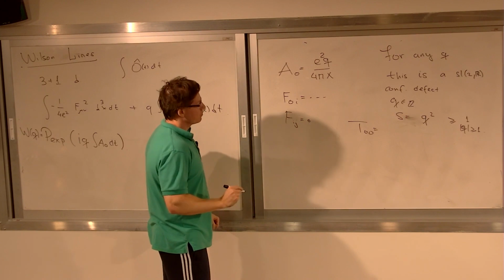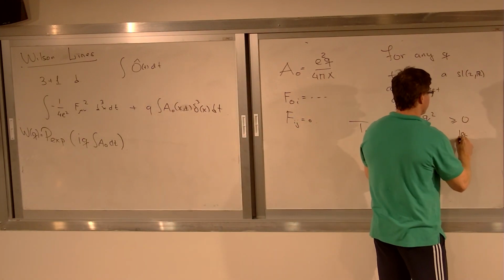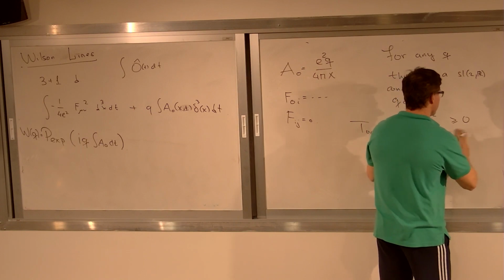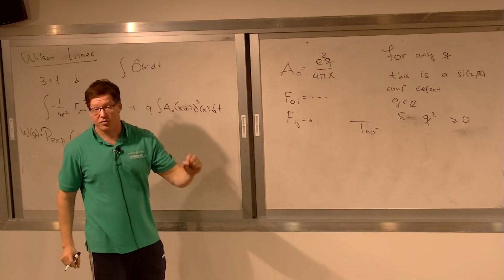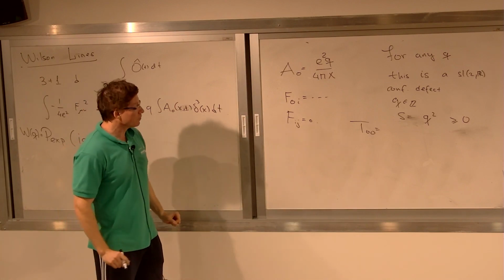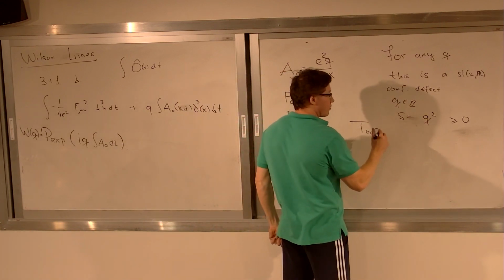Bigger, let me just try it like this. It's always bigger than 0 for any Q. So unlike our spinning field defect where the defect entropy was arbitrarily negative, this is always positive. Okay, about the energy stored in this system, I gave you a general formula for the energy of any line